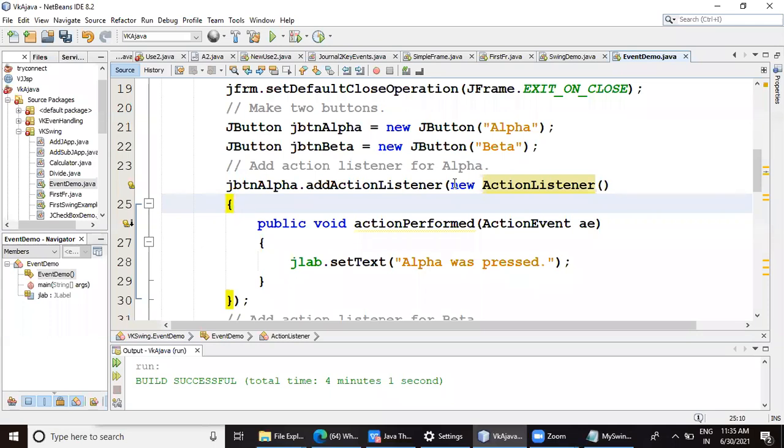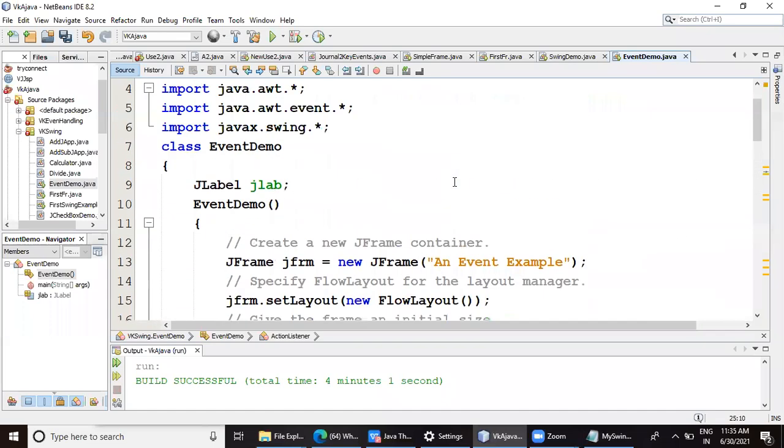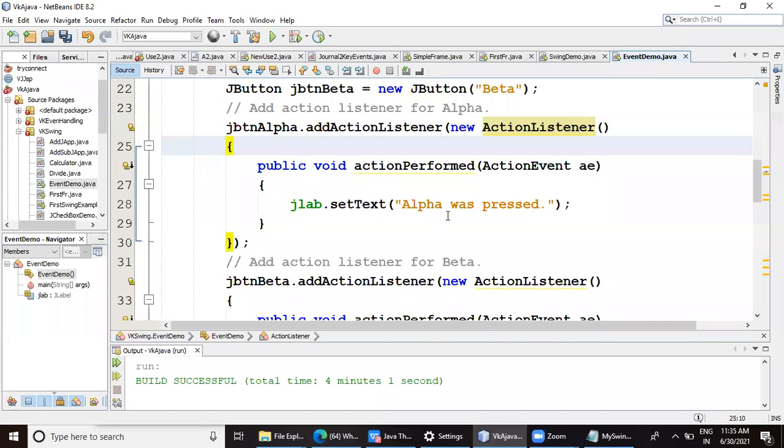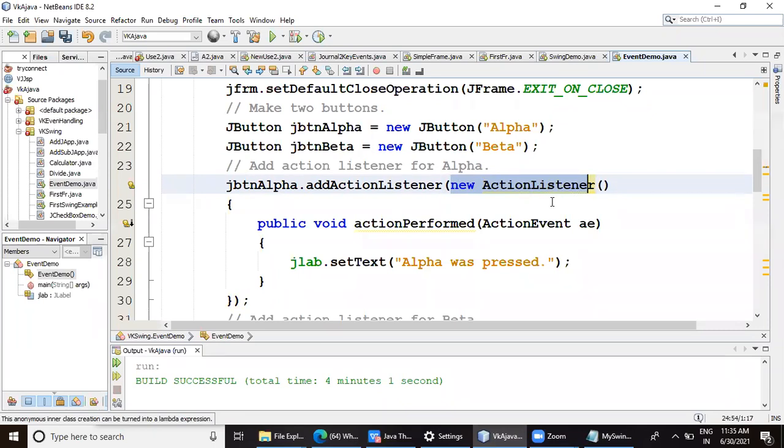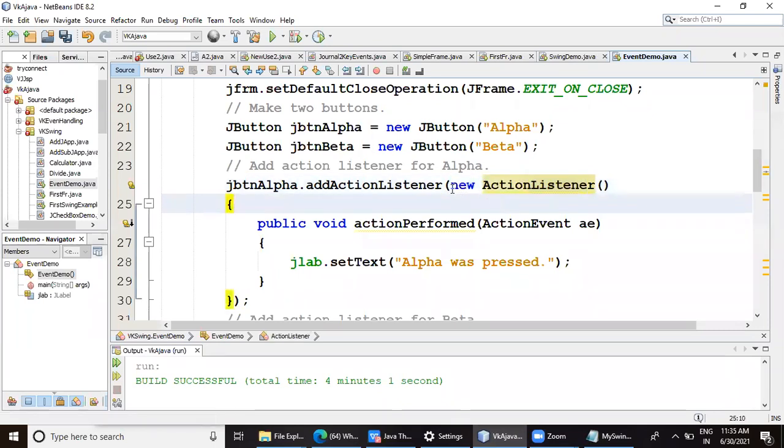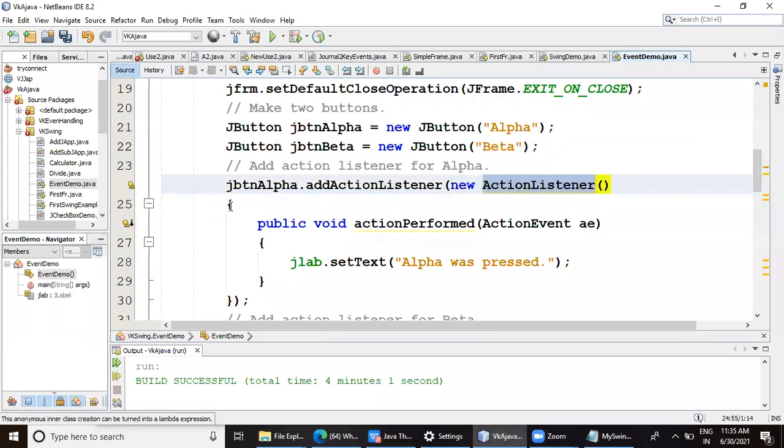We could write this when our class would implement that particular ActionListener. Now we can't write this because our class has not implemented the listener. Here dynamically we are trying to create an anonymous inner class, and when we create a reference of this listener, that means we have created a class here which has implemented ActionListener. And where is that class? Here, with the brackets.